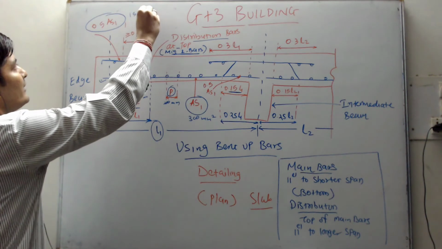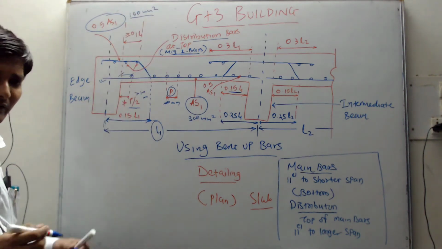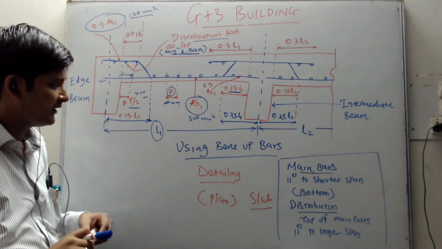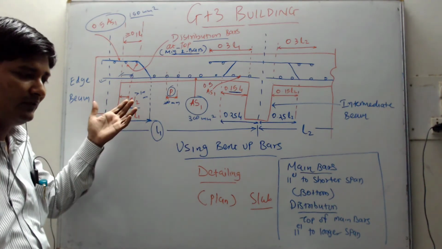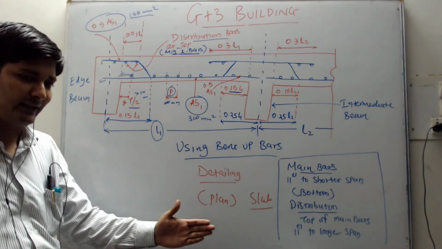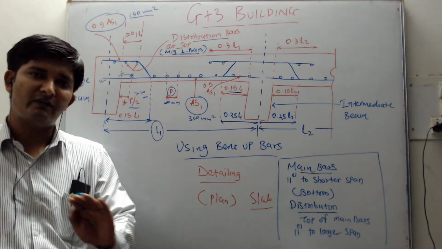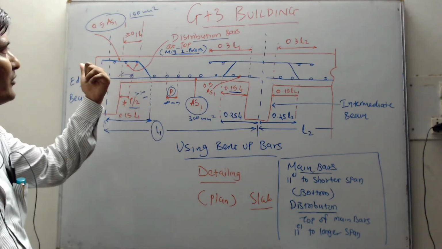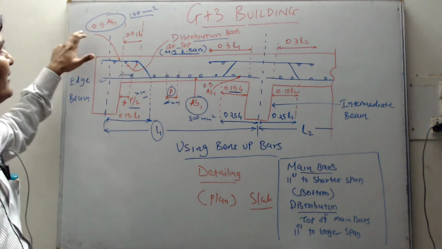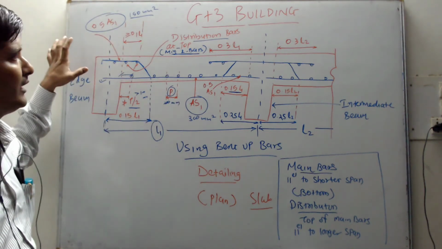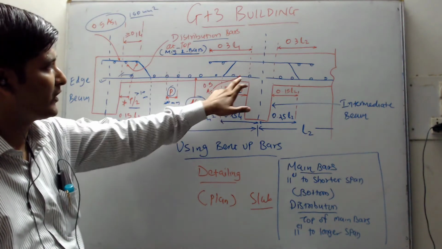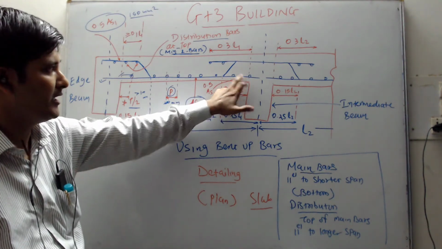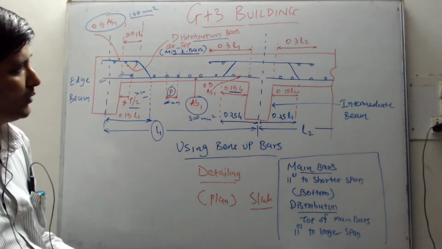This we already know, that whenever we did the design, we have seen that we need to bend up our bars alternatively. So suppose 100 bars we are placing in our slab, so out of 100, 50 we are bending up near the support. So 50% of AS1, that is 0.5 AS1, we need to provide at the support. Same way on this side also, at the bottom also it remains 50%, right? So 0.5 AS1, right?